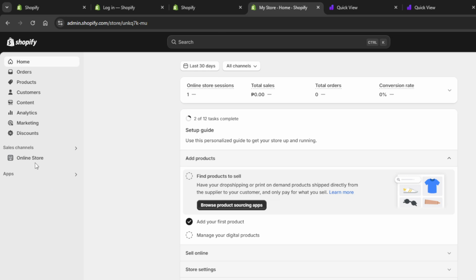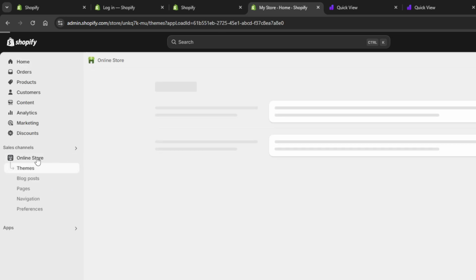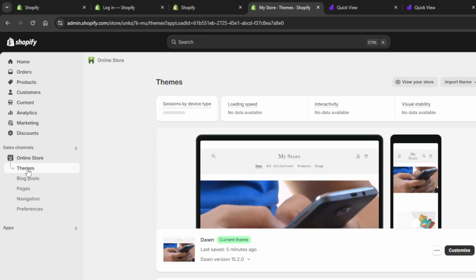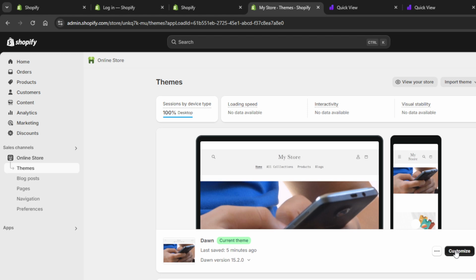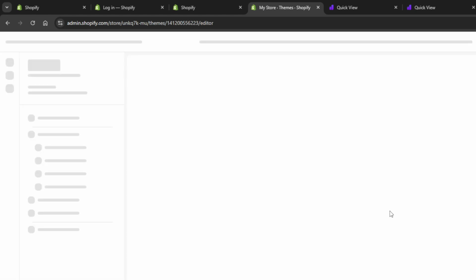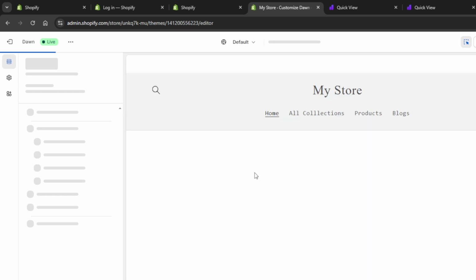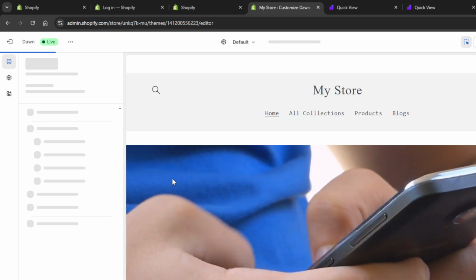Once the app is installed, you need to enable it for your store. Typically, this is just a matter of toggling a switch within the app's settings or accepting permissions. After enabling the app, return to the main admin panel and this time navigate back to Themes. In the Themes section, you should click on the Customize button, which allows you to modify the design and functionality